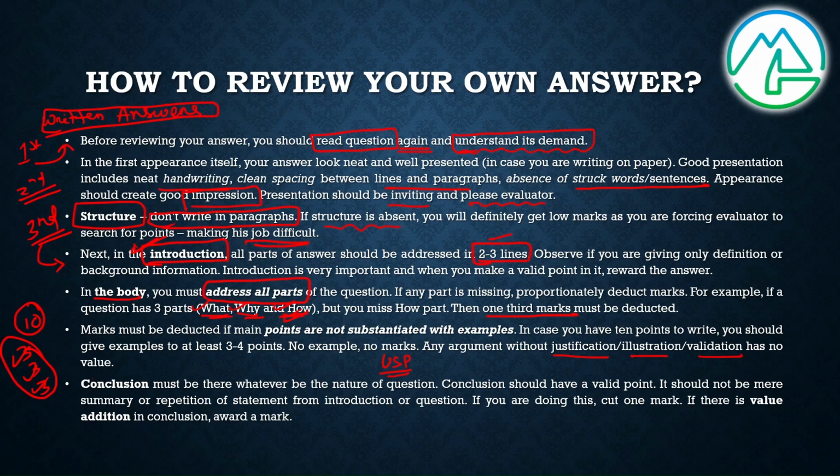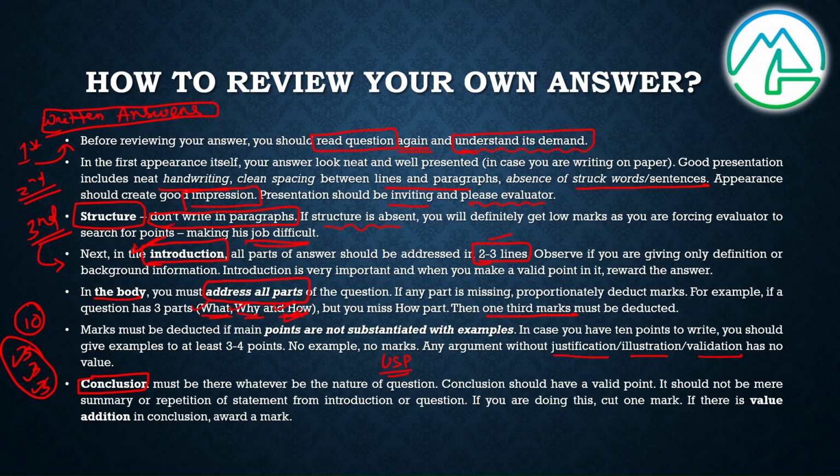Then finally comes the conclusion part. So intro and body are done. Then finally you have to end your answer in a conclusion. As I said, most of the answers won't have any conclusion because nobody knows that we should end with a conclusion. The answer should be coherent and must have a flow, right? So conclusion is the end of your answer. It should be clearly written. There should be a conclusion. Don't end abruptly after writing the body.